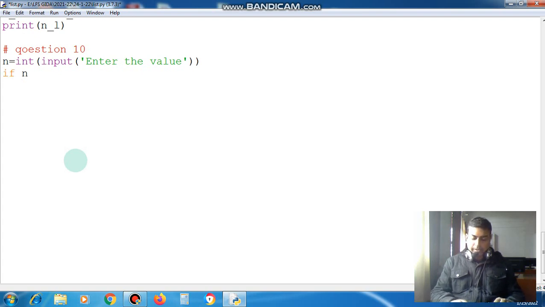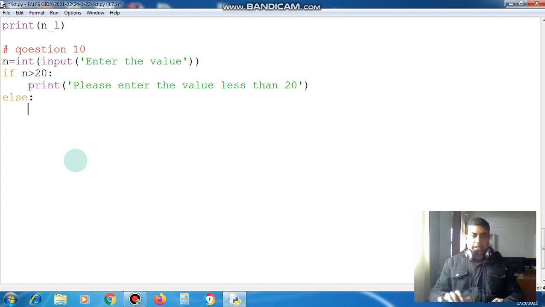If n is more than 20, then print please enter the value less than 20, else a is equal to 0, b is equal to 1,